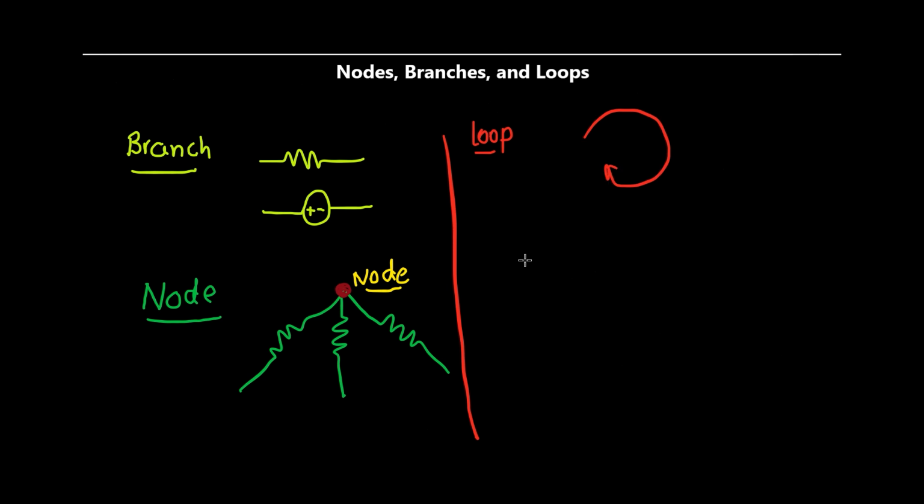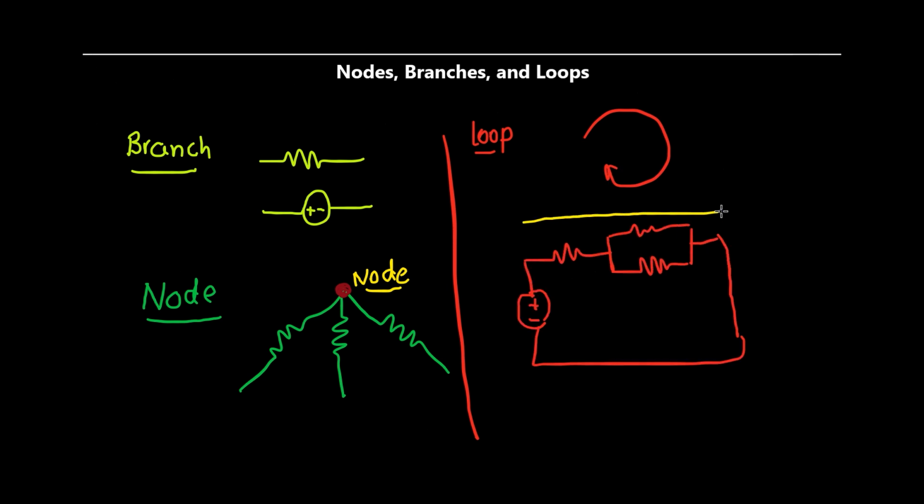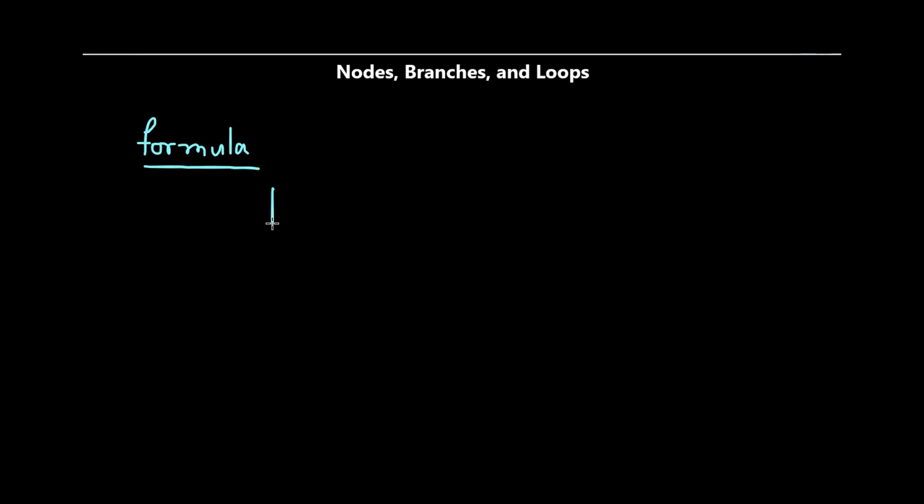For example, we have a circuit consisting of multiple branches and nodes, so we start from a node, pass through different nodes and return to the starting node. This will form a loop. There is a simple formula to calculate the number of branches, loops, and nodes. The formula is B is equal to L plus N minus 1, where B is for branch, L for loop, and